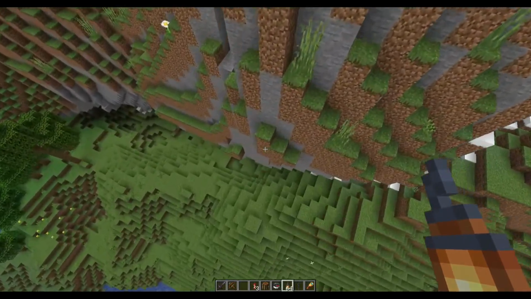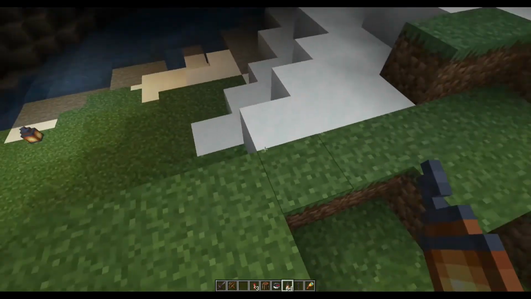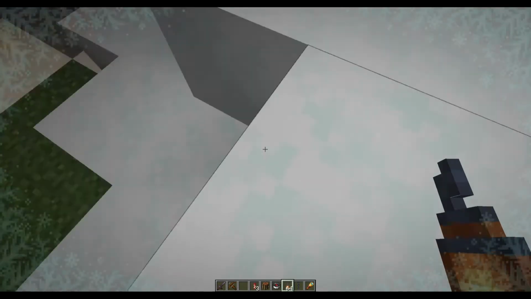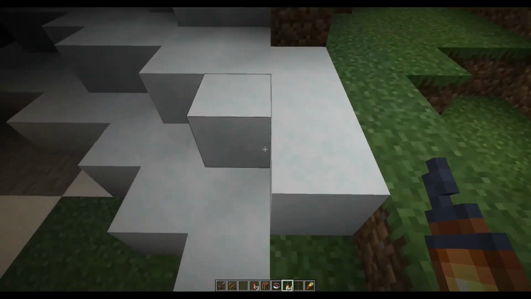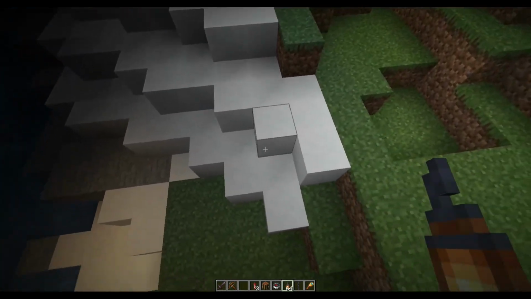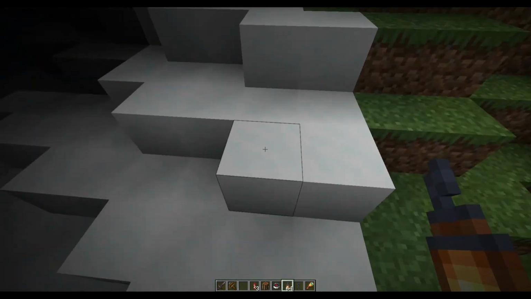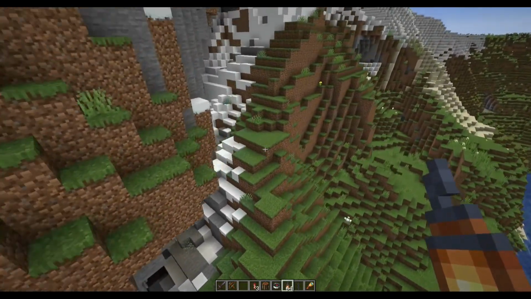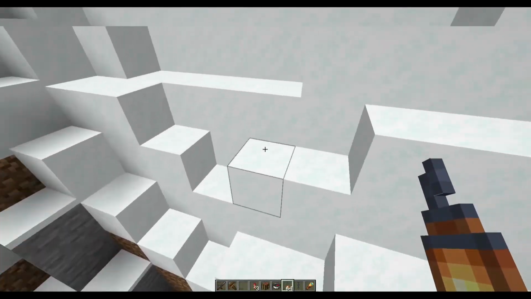So actually, let's go back down there and take a look and see if we can kind of tell the difference here. Is this the deep snow? Yeah, that's it. That's the deep snow. See, you got that kind of blue texture here. Is this the not deep snow? I want to have some kind of point of comparison between that and